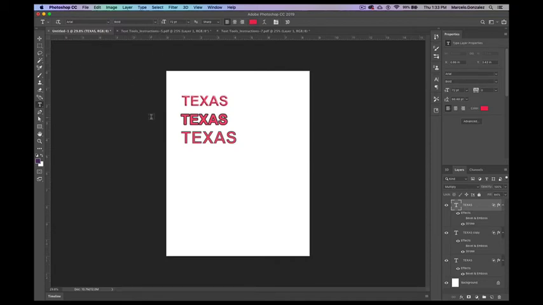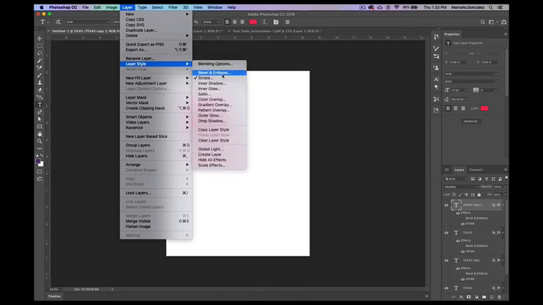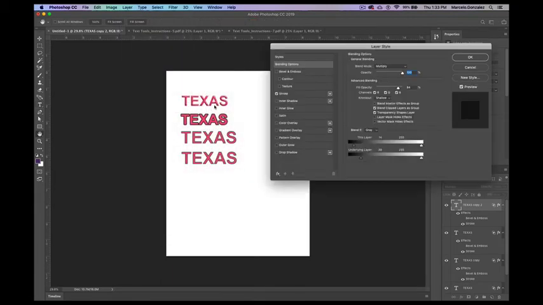Now I'm going to Command J that. I'm going to grab it and drag it down. Again, I'm going to do Layer, Layer Style, and my Blending Options. And this time, instead of a stroke, I am going to do an inner shadow. As you can see, the inner shadow literally sort of is a little bit like what we did